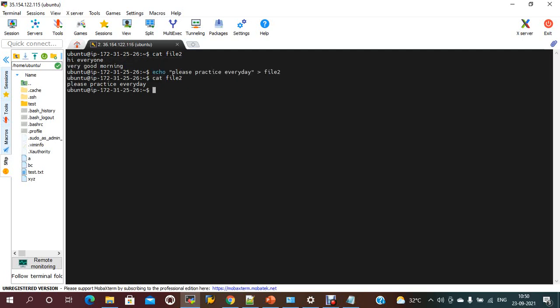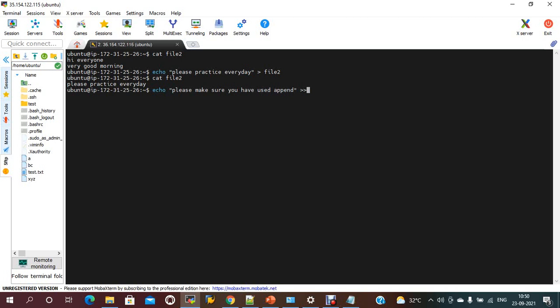To append to already existing data, you just need to use the redirect output symbol. Please make sure you have used append when you need to insert something.